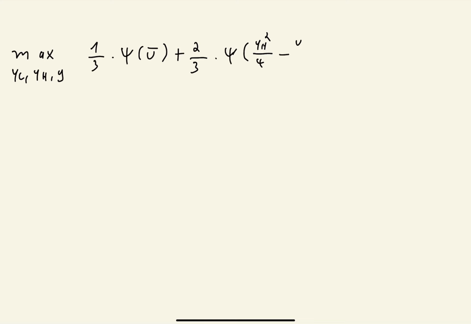Now, max over YL, YH, and G, and we max the following: 1/3 times psi of U upper bar plus 2/3 times psi of YH to the power of 2 divided by 4 minus YL to the power of 2 divided by 4 plus U upper bar plus YL to the power of 2 minus YH to the power of 2 divided by 4, such that